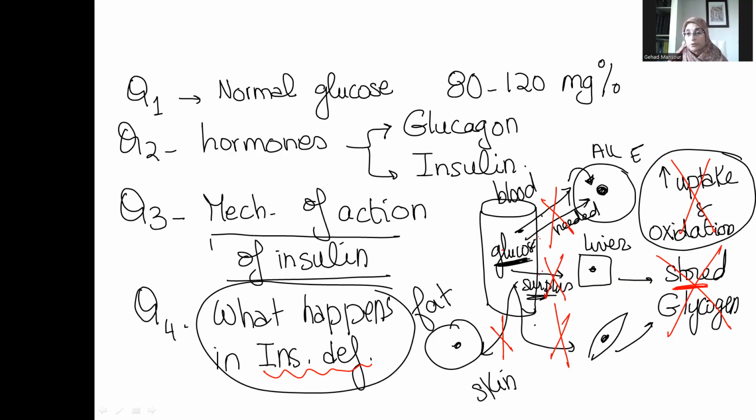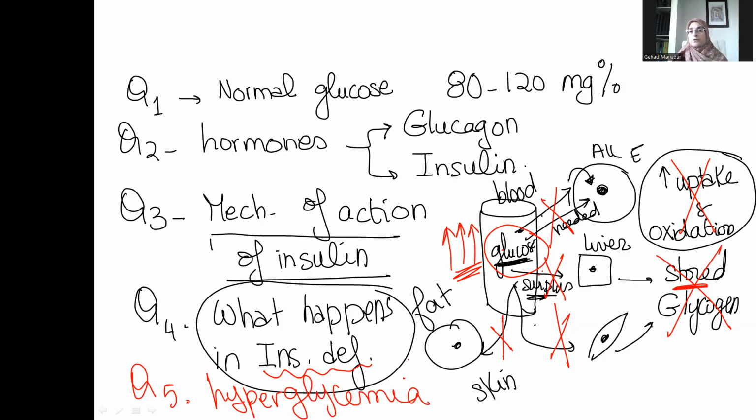No. We also have to say that if all these three actions do not occur because of insulin deficiency, then there will be marked elevation of glucose in blood, which is hyperglycemia. And this leads us to question number 5, which is to define hyperglycemia. Hyperglycemia means elevated blood glucose levels. These are the first 5 questions that you might be asked about